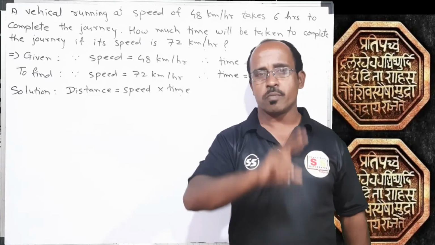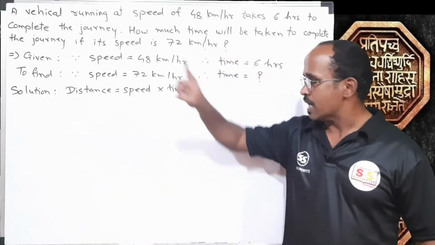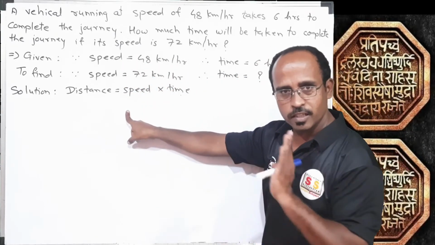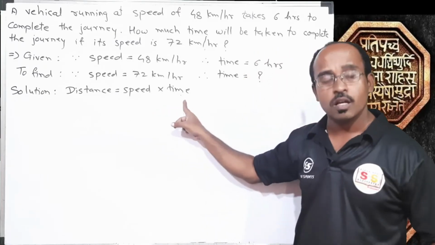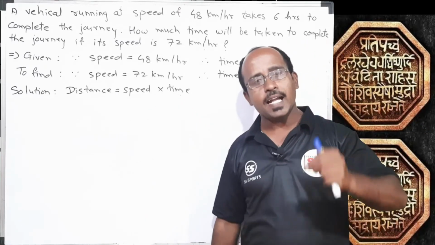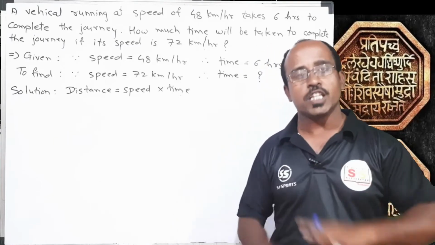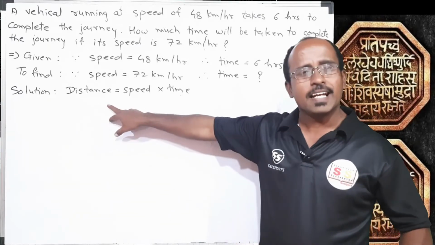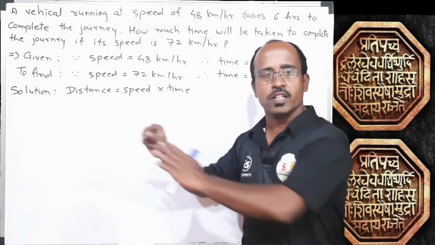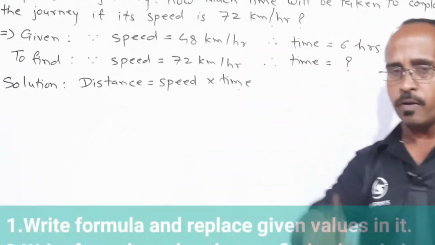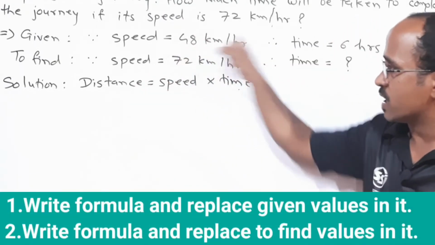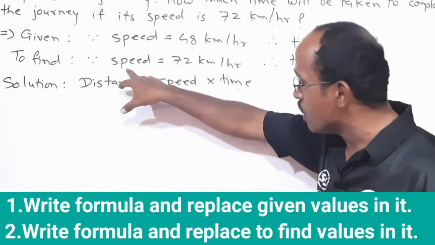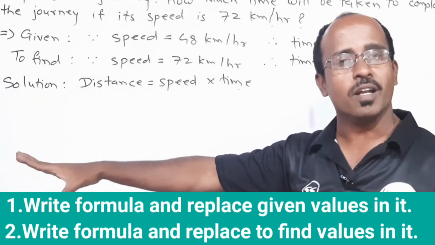Very easy. You just have to remember two things. What we have to do? First of all, write the formula, replace the given values in the formula to find out the missing content. Okay, in the formula there are three values. In any kind of problem, at least two among these three will be given, that is for sure. So don't hesitate about it, don't get confused about it. Directly write the formula, replace the two values which are given in the formula to find out the third one. Okay, so our first step is write the formula, replace the given values in the formula. Second step, once again write the formula and replace the two found values in the formula.